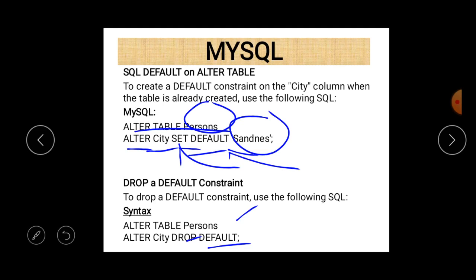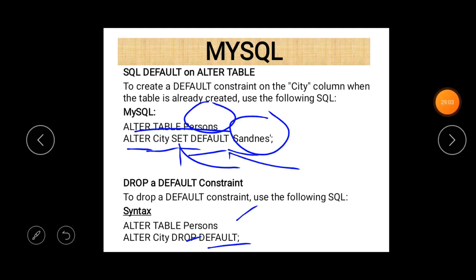So this is all about the alter table statement, and it is a very important statement. By using this alter table statement, we are able to change the existing structure of a table, as well as add or delete different constraints in our program.